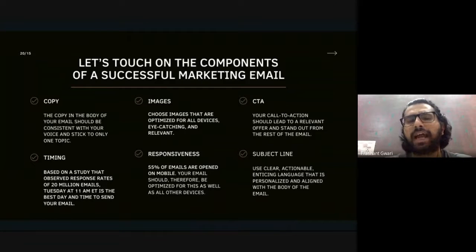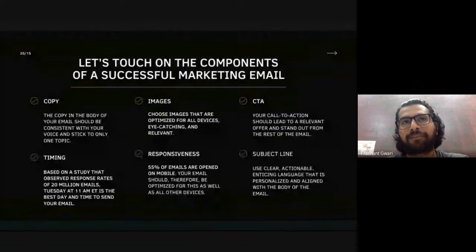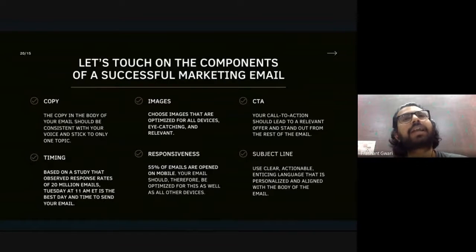So when you are writing ad copy, you will only focus on one product or one topic. It's not like you are sending an email marketing campaign and trying to promote different services and different products and target different audiences using one single marketing campaign. When you are sending one email marketing campaign, stick with one topic. Let's say my topic is generating leads for the webinar. So that's the whole content of my ad copy in the format. And it will include the images part, call to action part, headline, and description part.